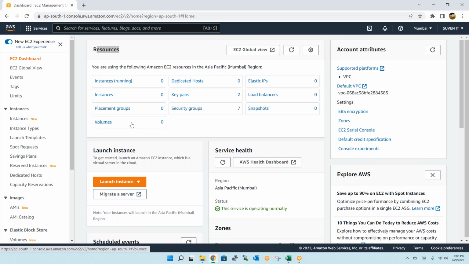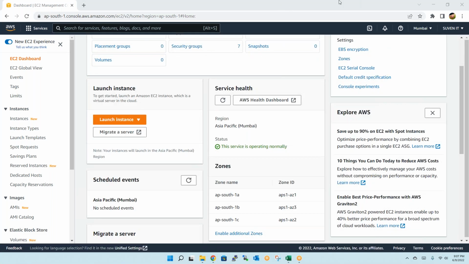So today we will discuss how to create the server, the Windows server as well as the Linux server. After that we will understand how to connect to them. Then we will understand how to manage those servers which we created. Then we can understand AMI operations and all. So now, coming to